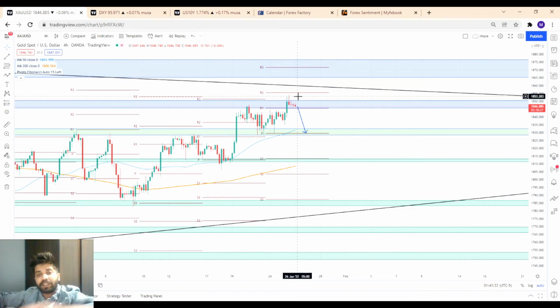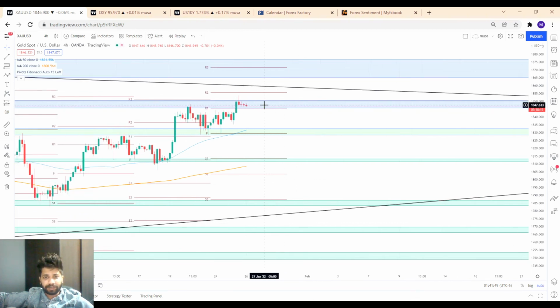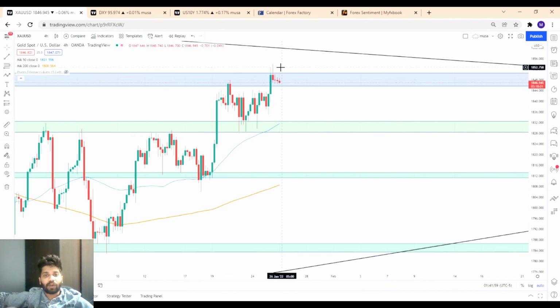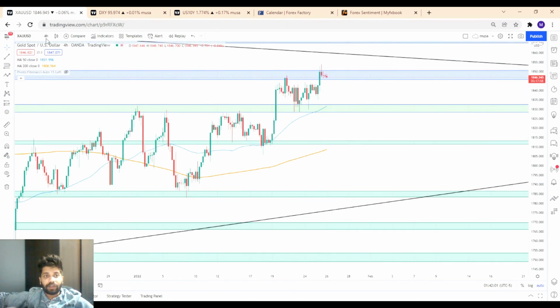So what I'm going to say is always trade at support and resistance levels, because they help you get a better outcome from your trade. If we trade at support and resistance, we have room to keep our stop losses minimal, and we can have a low risk and high reward ratio. Even if you have one or two losses, in the longer run you will always be in profit. On the 4-hour time frame, we can also see that the price is continuously making lower highs.